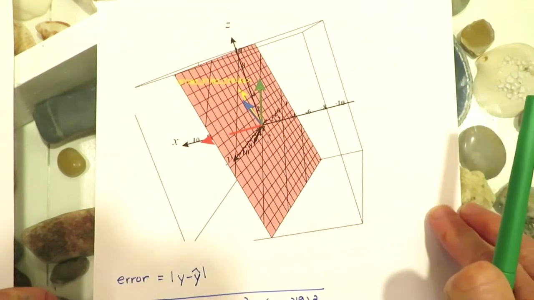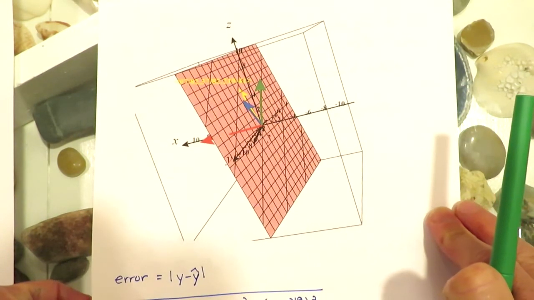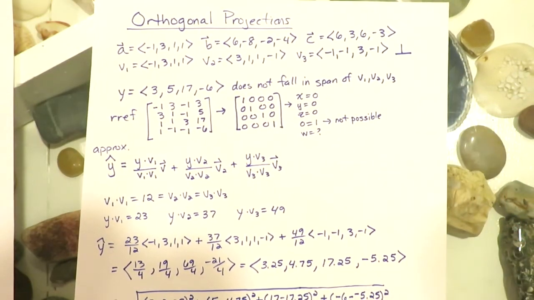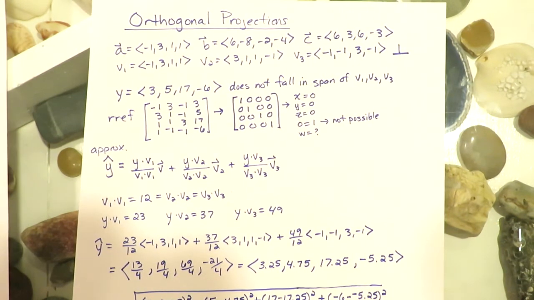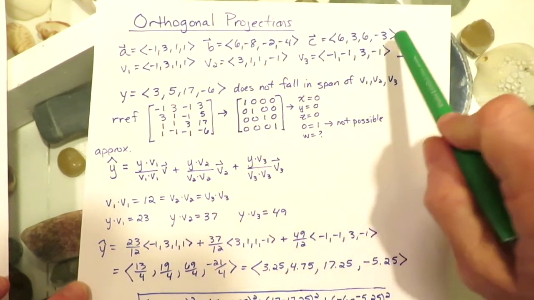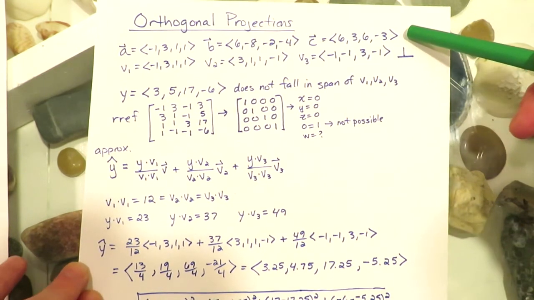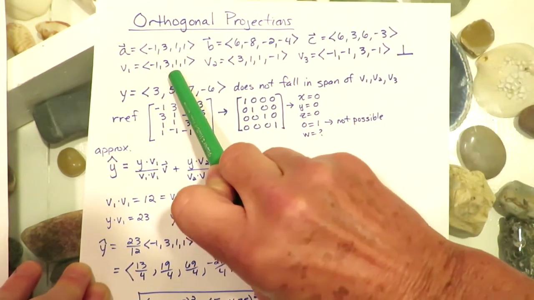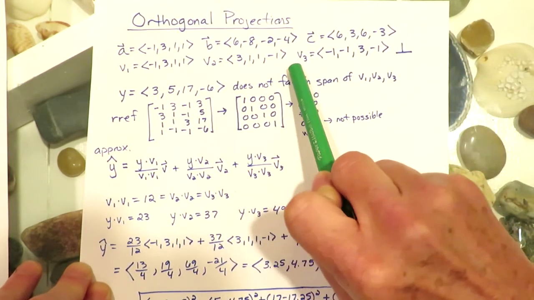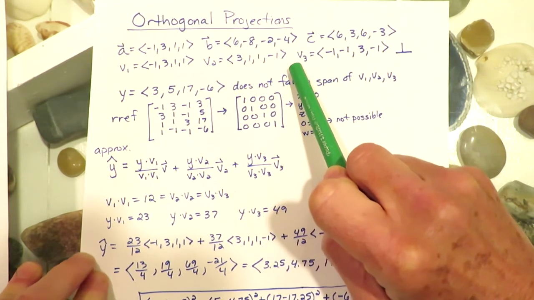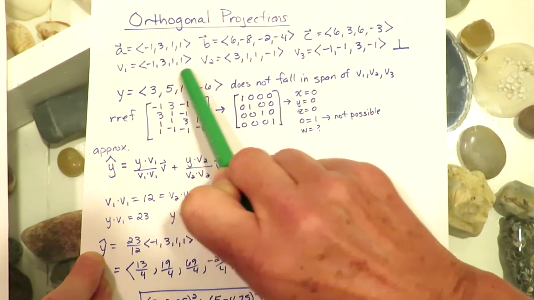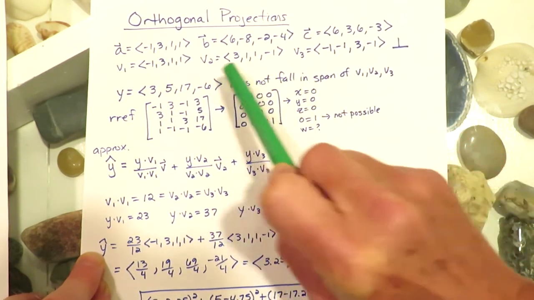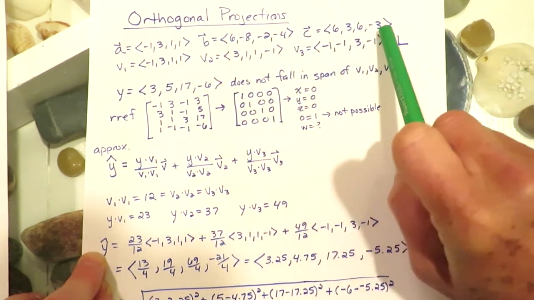We were able to actually draw some graphs for R3, but the idea stays the same no matter what dimension you're in. So we could be in a higher dimension, R4, and we could have these three vectors, A, B, and C, which are not perpendicular to each other, and they span some three-dimensional space in R4. You can find an orthogonal projection that spans that same space. Again, we did that in an earlier video. And so V1, V2, and V3 are the orthogonal basis that spans the same space as these three vectors, and